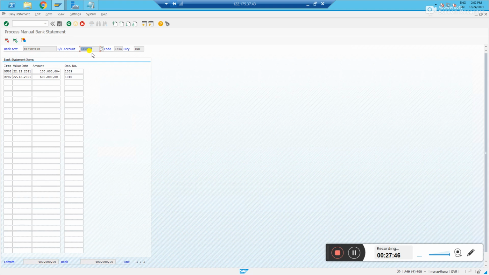You see here the main GL account, whatever main GL account we created for ICICI, the same account we have added in the bank account. That is the reason it has taken the same account here. And if you see, before the closing balance was 4 lakhs. How should I arrive at this 4 lakhs? We have incoming of 5 lakhs and outgoing of 1 lakh. So with this, the 4 lakhs is tying. Both should be equal and they should match, otherwise your BRS will not happen.